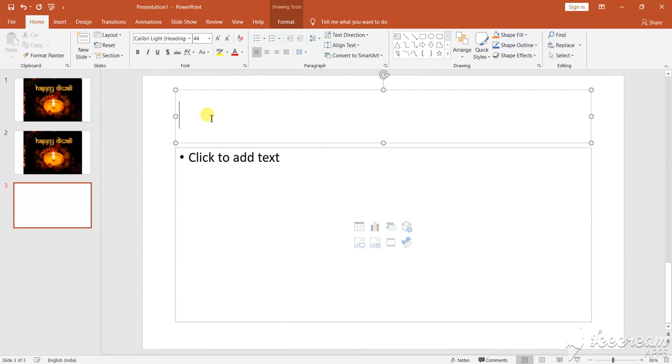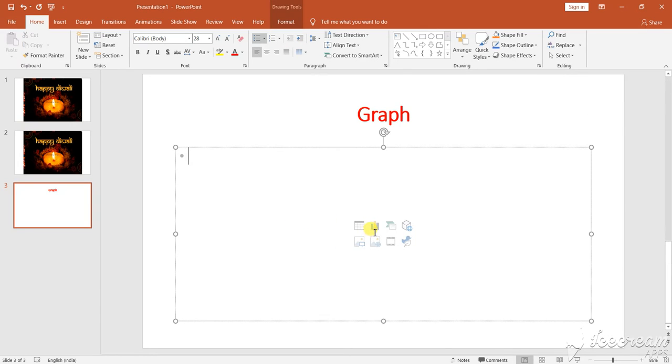Suppose you want to do a graph. Suppose I am writing here graph. After writing the graph you can select this and you can do the arrangement of it, that you can bring it in the middle, you can change the pattern of writing, you can make it bold, you can give the color of it. Select it and implement the color. You can make this one bold. See, this became bold. So whatever type of design you want, you can do it.